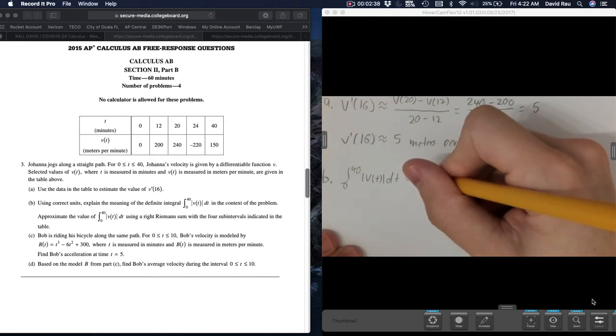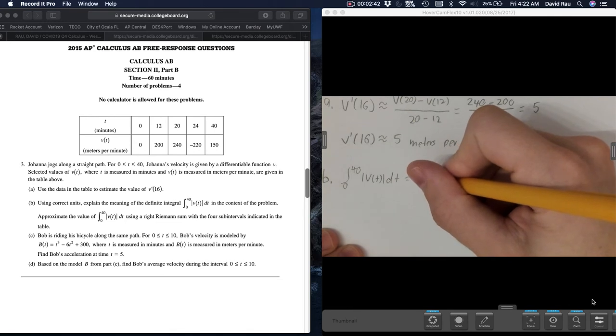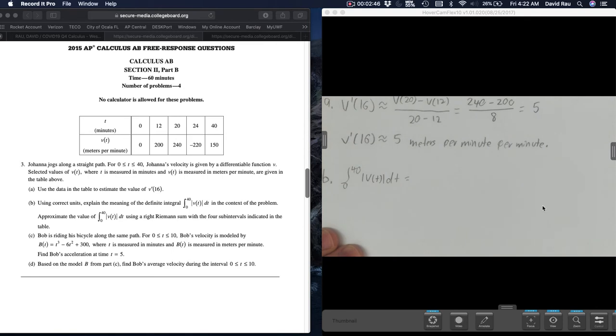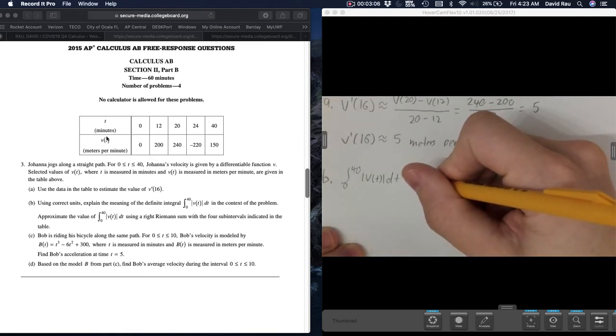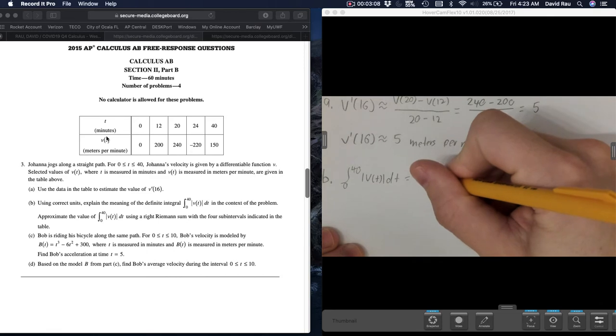Our right Riemann sum is going to start with your function value that is at the right, or actually, I'm going to do it like this. A right Riemann sum with 4 subintervals in the table just means you're not starting at 0. So you could think about it as starting at 12 and moving up, but I'm going to think about it as starting from 40 and moving downwards. That way I'm getting these step lengths right. So I'm going to have v of 40